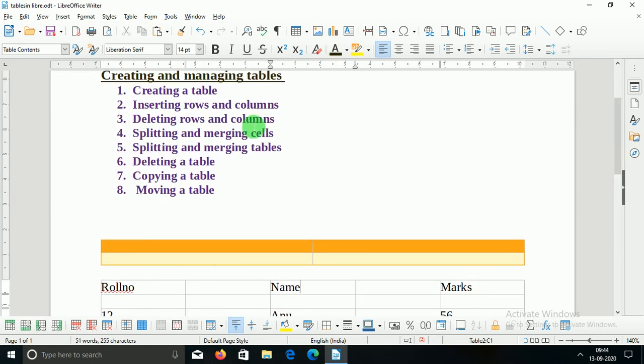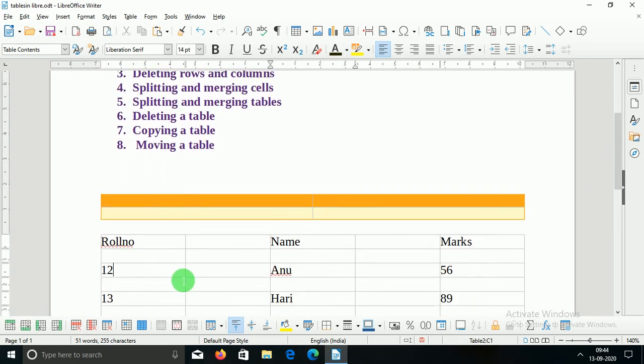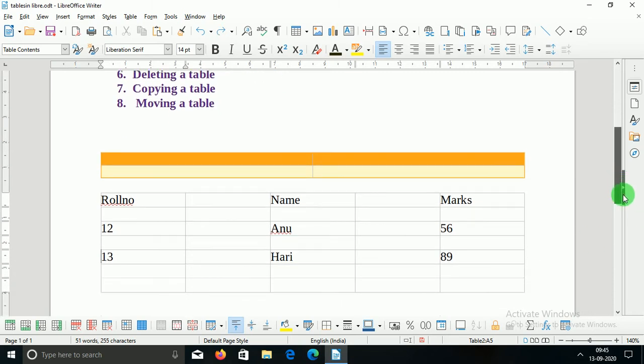Then how can you delete rows and columns? Basically, beta, if you want to delete these 2 rows, just select any cell. I selected these 2 cells, that means ये दोनों rows अगर मुझे delete करनी है, I just select Delete Selected Rows and it will delete all the rows. And if I just press undo, it will come back, you know, Control Z I pressed.